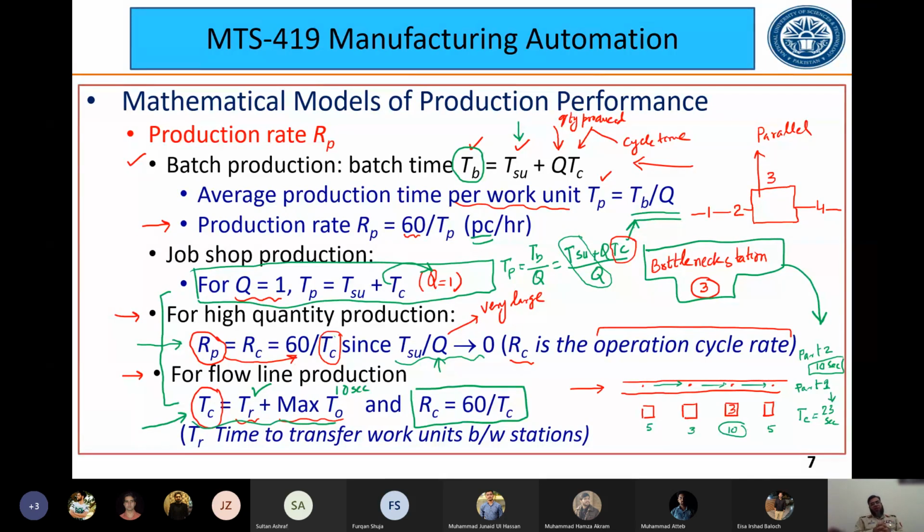TR is the time of transfer from one place to another between the stations, and max TO, which is the bottleneck station. So मैं bottleneck station को अब यहाँ explain नहीं करूँगा because इसको मैं पहले आपके साथ explain कर चुका। जी यहाँ तक कोई सवाल? क्योंकि ये इन फॉर्मूला को हम अपने यूज करने लगे हैं।